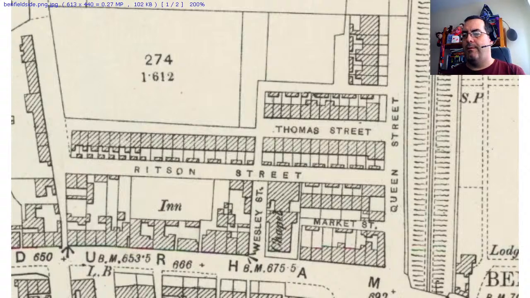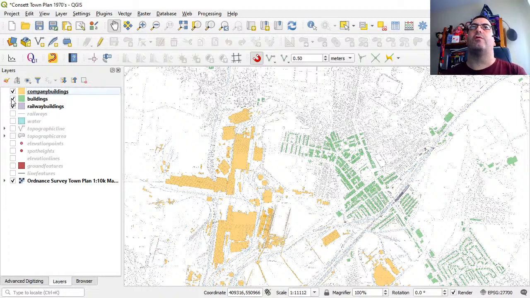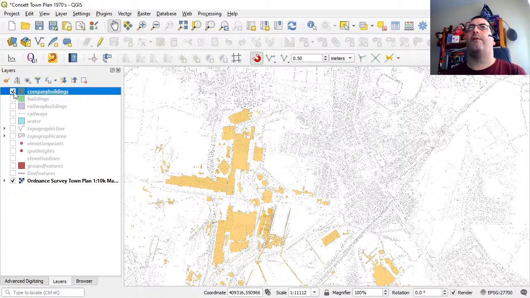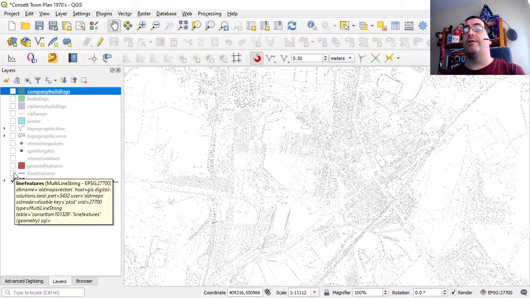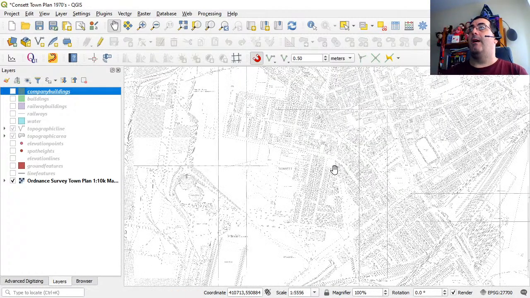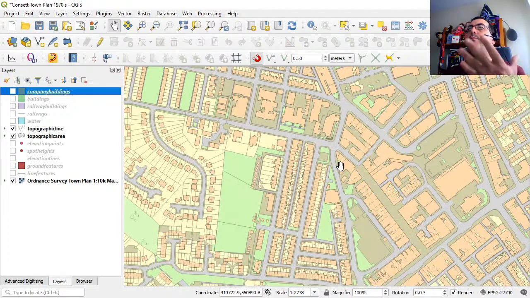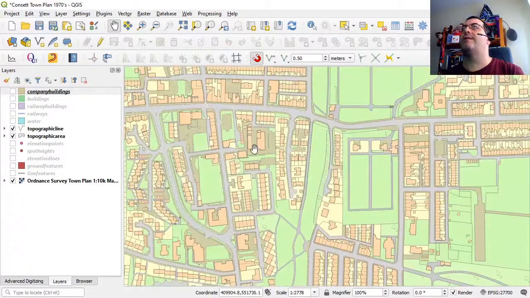into this application, and then we would use a known source of existing mapping from something like the Ordnance Survey, which the Ordnance Survey do provide some free products, by the way. I'm using something called Master Map, which is a paid for product, but there are products that can be used free as well. And typically what we would do is we would bring in some modern day mapping such as this. Now, if we just browse ourselves over to this same location,